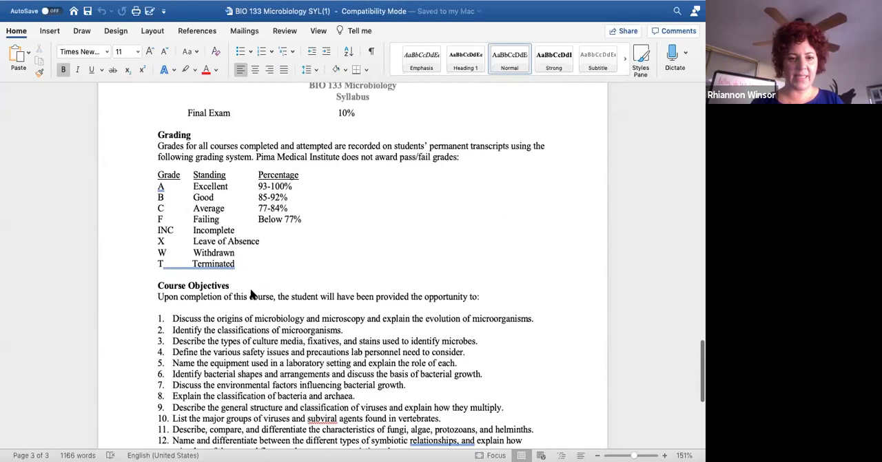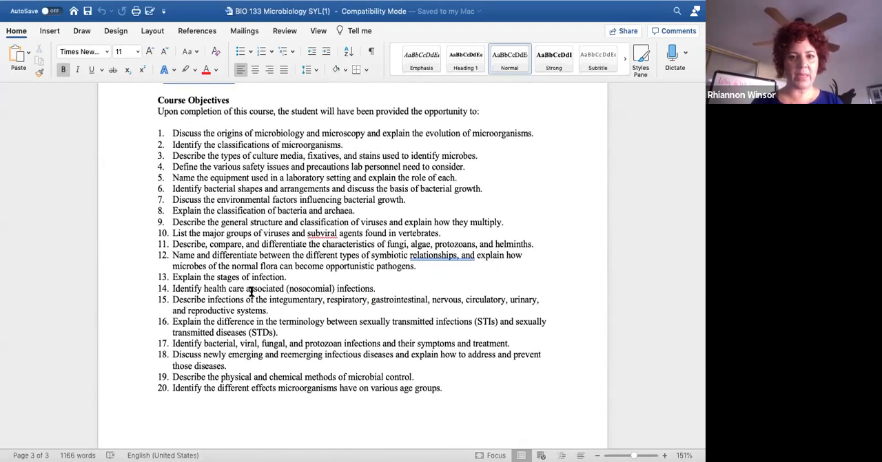The grading scale stays the same, of course. It's 77% or better to pass the class. And then these are the course objectives. So if you ever think I've kind of gone off the rails, you can go here and keep me in check with the things that we're supposed to be learning. So